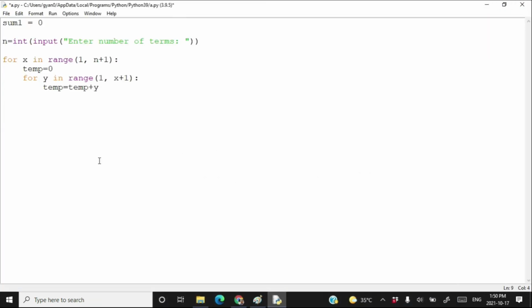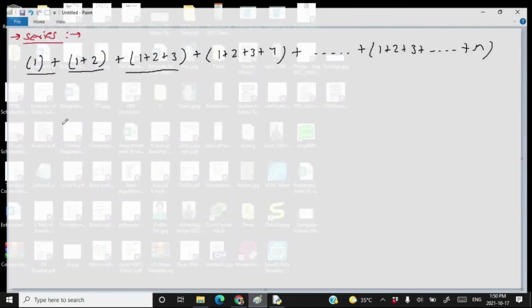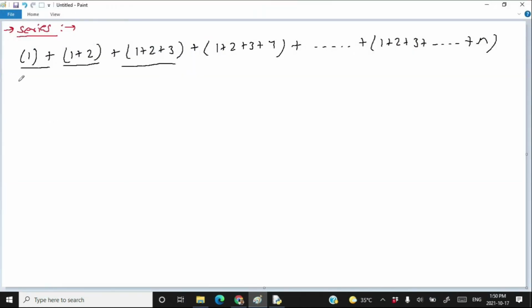So here you have temp. After calculating temp, you have to add that temp to the final summation. Because if the value of temp here is 1, here is 3, here is 6, here is 10, then the final sum is going to be temp 1 plus temp 2 plus temp 3 plus temp 4, meaning 1 plus 3 plus 6 plus 10.